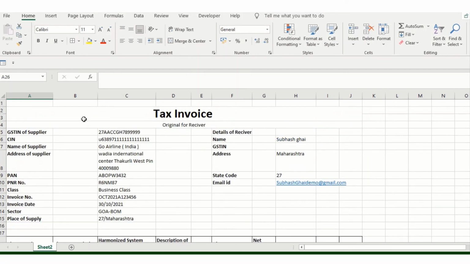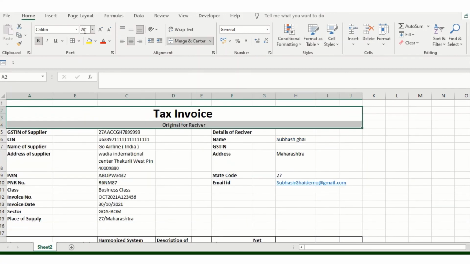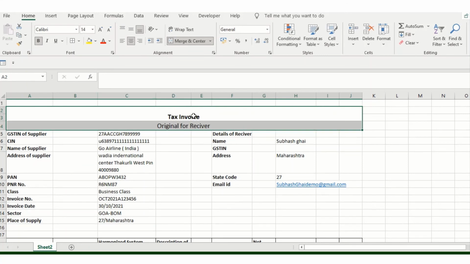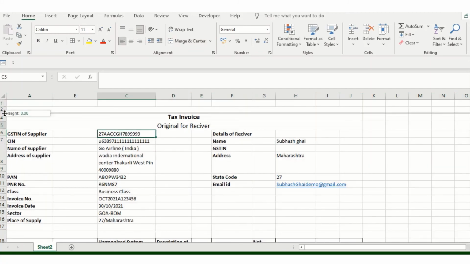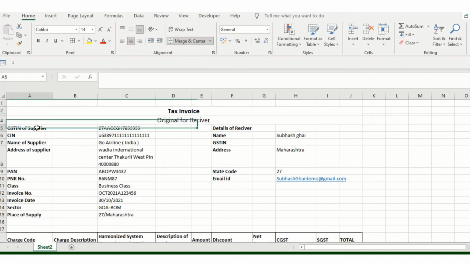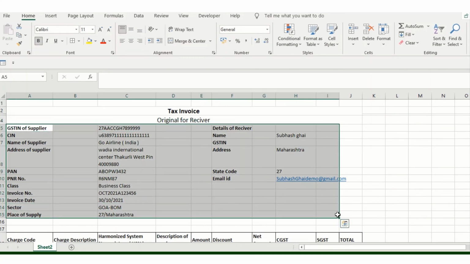Now what we will do, first thing first, we'll have this font size 14, and then this particular thing I'll keep as a 10.